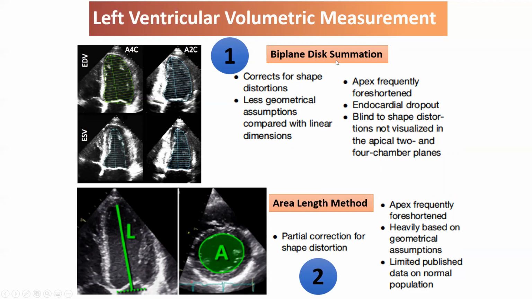So the biplane disc summation method is preferred over the area length method. I'm not sure that anyone really uses the area length method in routine clinical practice. Pretty much everyone uses the Simpson's. And we'll talk about some of the pitfalls of Simpson's. But it is important, as we will see, that you do not trace along the endocardial cavity interface in making your Simpson's